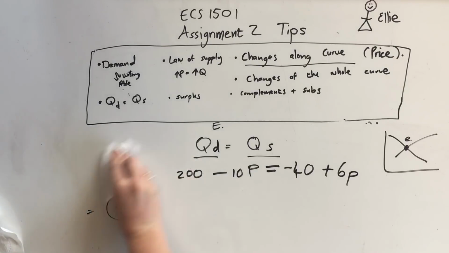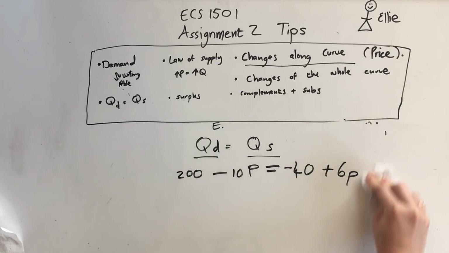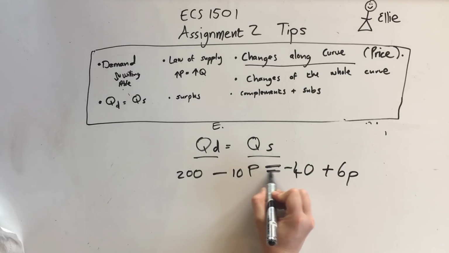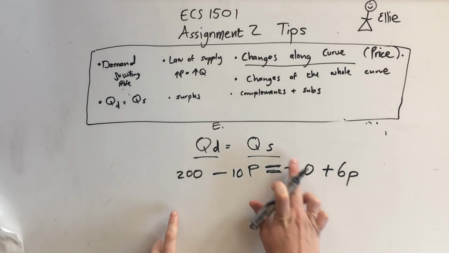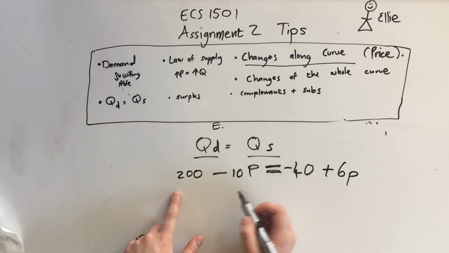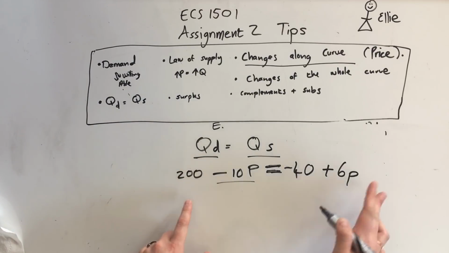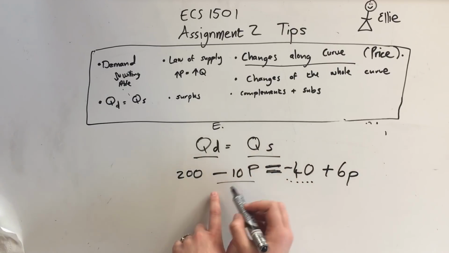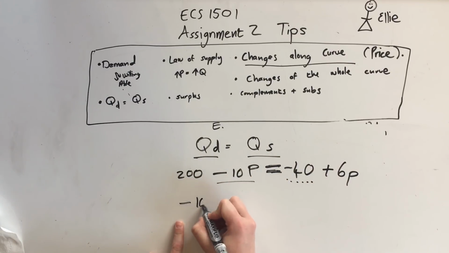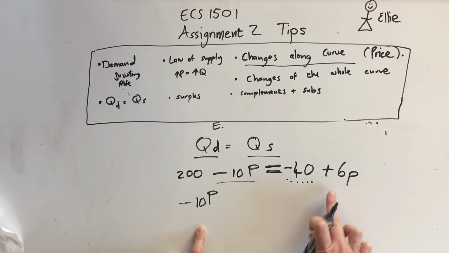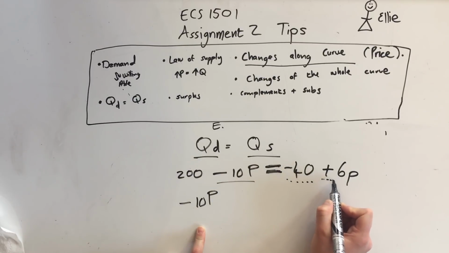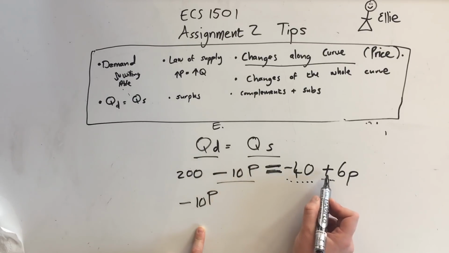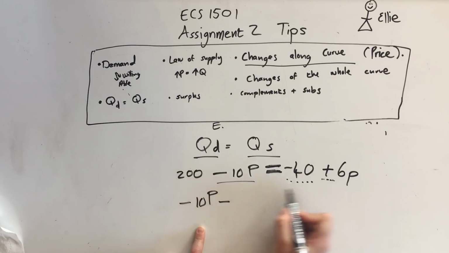Okay, so let me erase the unnecessary stuff. Okay, there is our equal to sign. Okay, this is like the bridge of terror, and it changes you as a person. If you go over the bridge of terror, you change. So on this side, we want all the p's, and on that side, we want all the normal numbers. Okay, so the minus 10p we're going to keep here because it's already on the right side of the equation. The plus 6p has to go over this bridge of terror, which means the sign will change. Okay, because the bridge of terror changes you. So the plus becomes a minus 6p